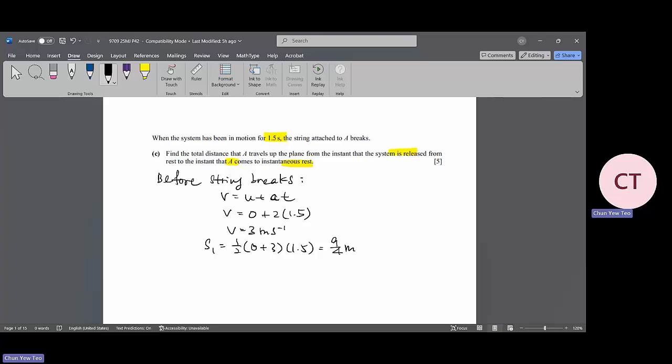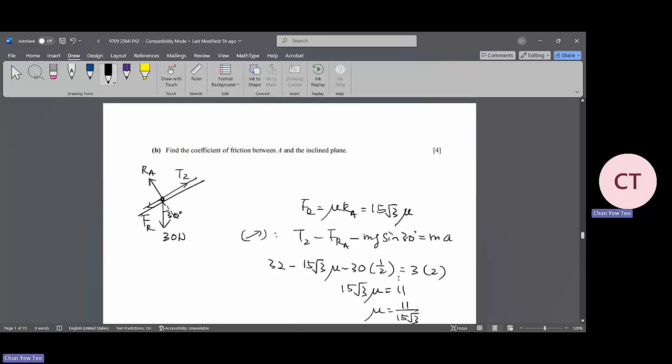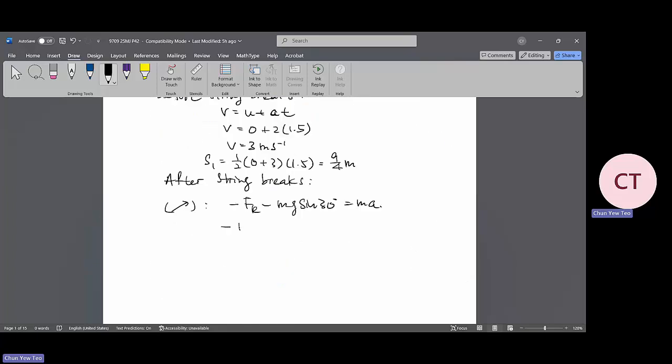Okay, now we want to go for after the string breaks. After the string breaks, the acceleration is no longer 2 meters per second squared. We have to recalculate the acceleration. If you resolve the forces again, then you will have negative FR minus mg sine theta equals ma. We know that the frictional force is equal to 11. So we calculate negative 11 minus mg sine 30 degrees equals ma. So your acceleration, the deceleration to be more precise, is negative 26 divided by 3